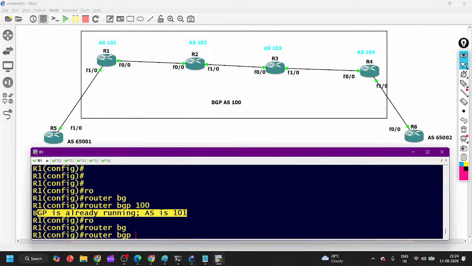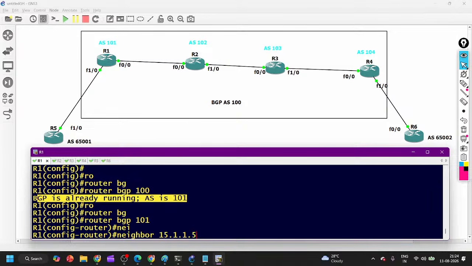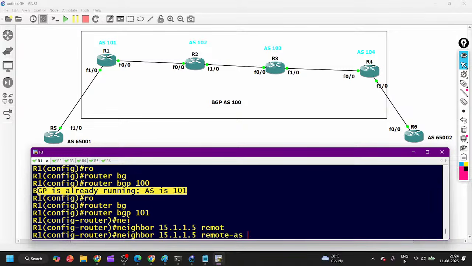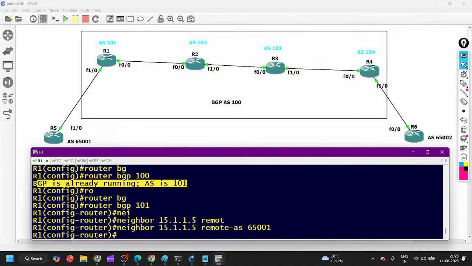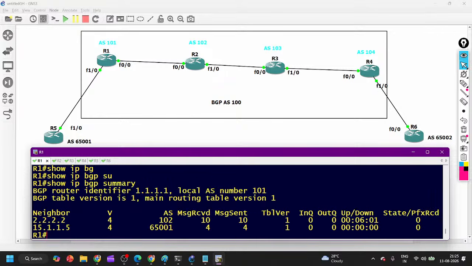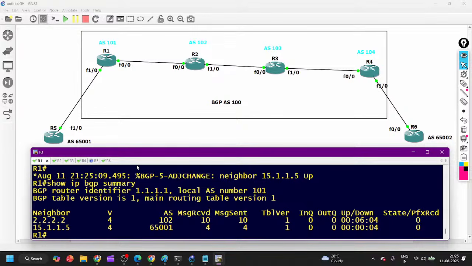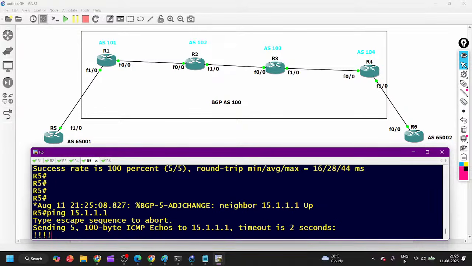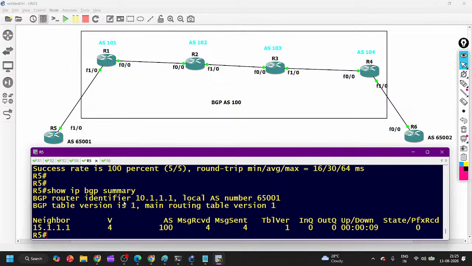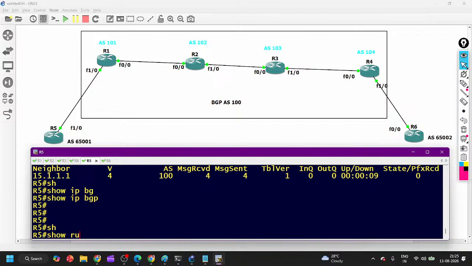So router BGP 101, neighbor 15.1.1.5 and remote AS 65501. And now show ip bgp summary. How many neighbors are there? 2 neighbors. Now on router number 5, show ip bgp summary, neighbor is up, and show run